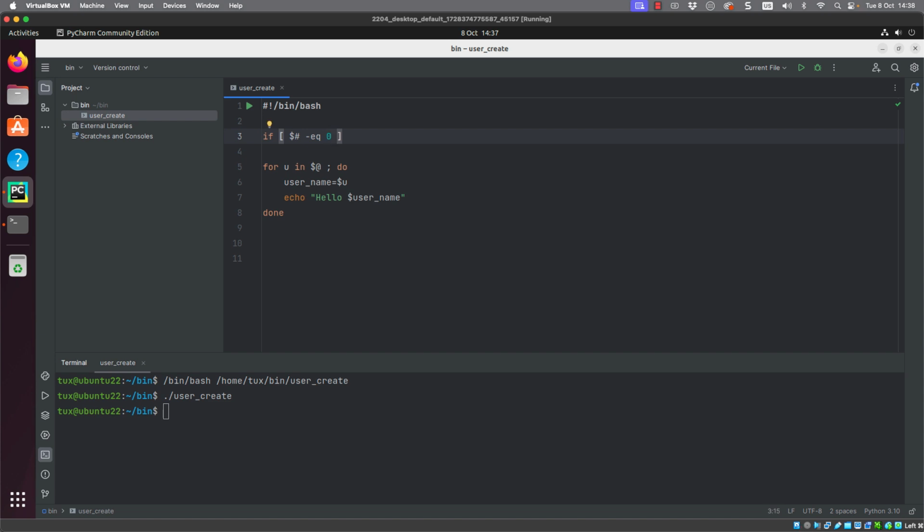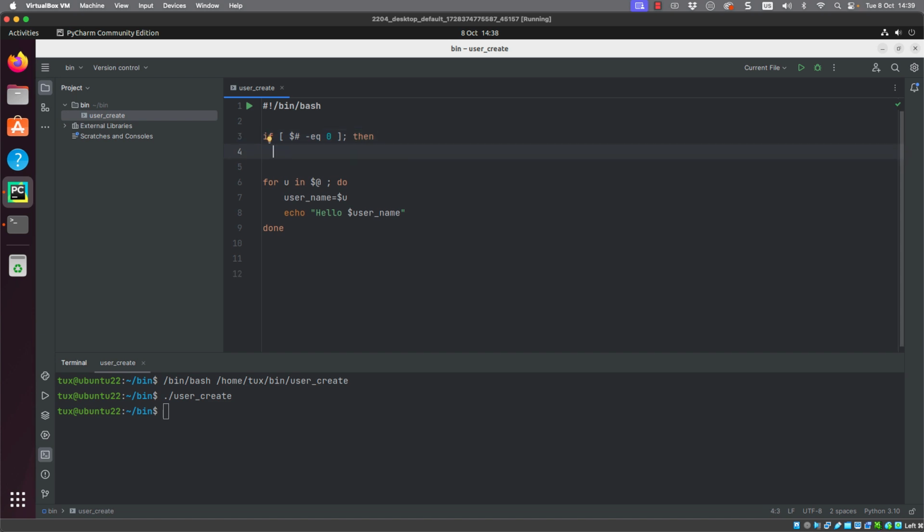And make sure when we're using these square brackets that we put a space between the square brackets and any of the content. They're actually treated as commands. So we do need spaces after our commands. And believe it or not, the square bracket is a command. So this is our test where we're testing for there being no arguments. I can end the line with a semicolon and we can put the word then. This saves me having the then on its own separate line.